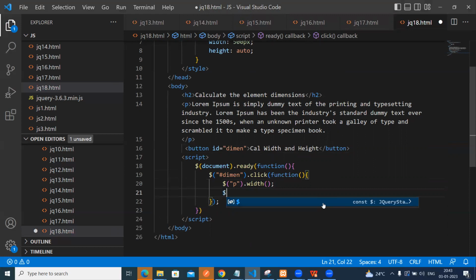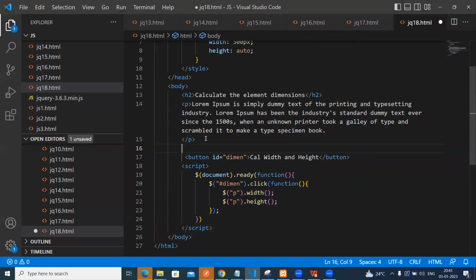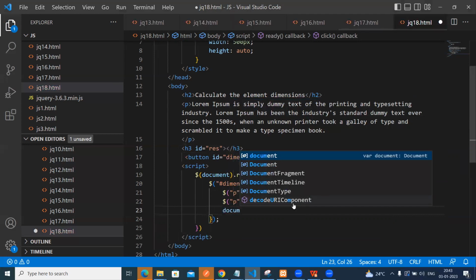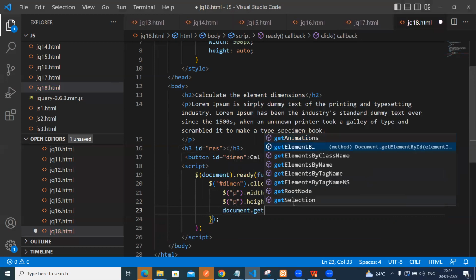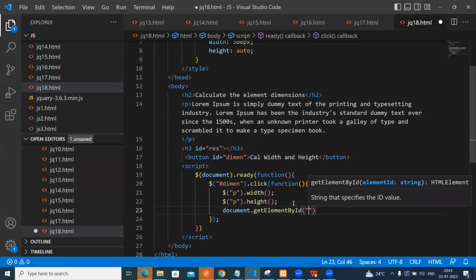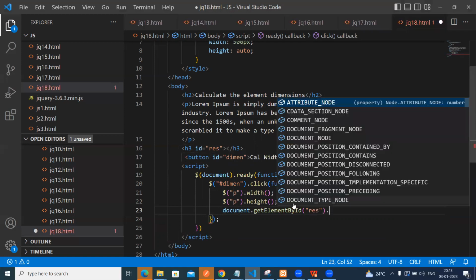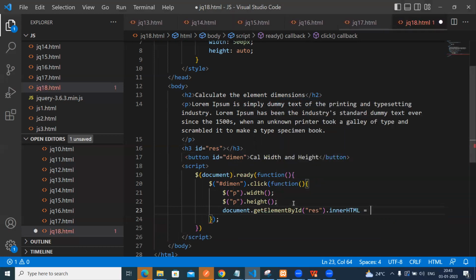Then after that, another one, paragraph dot height. These two methods. After this we are appending the result here, h3 id equal to res. Then document dot get element by id, result res, dot inner html equal to